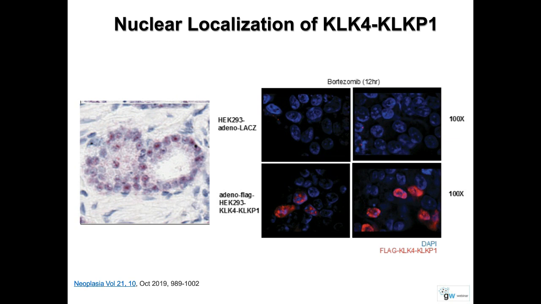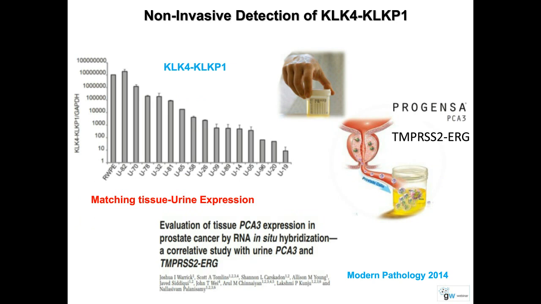Then, like other prostate cancer gene fusions, we wanted to see whether this gene fusion can be detected in the urine of prostate cancer patients. Since this fusion gene is prostate cancer specific, not in benign, we want to develop a non-invasive diagnostic assay based on urine samples, and we screened random samples and were able to show that indeed we can see this gene fusion in the urine of prostate cancer patients. So our goal is to develop this into a non-invasive cancer detection assay. With this, we will be able to detect prostate cancer even before taking the biopsy.